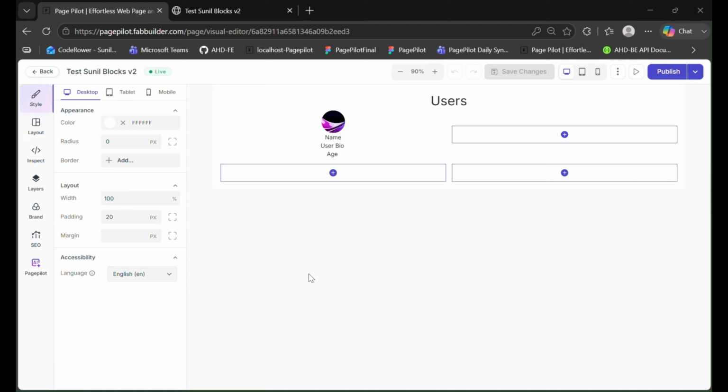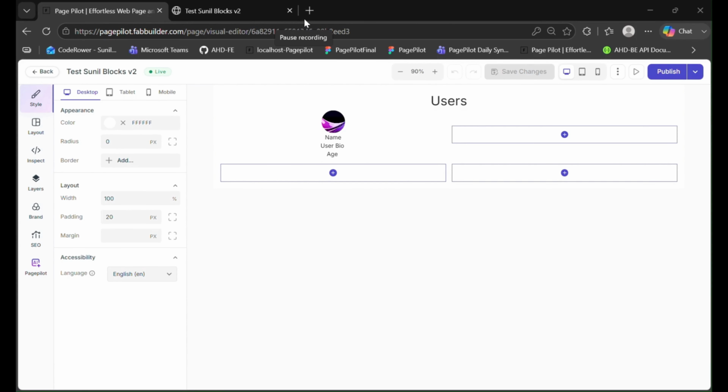Hello guys, now I will be explaining you this entire variable flow end to end. What is the purpose of this concept, how to create templates using this, and how to use templates which are created using variable support. And then